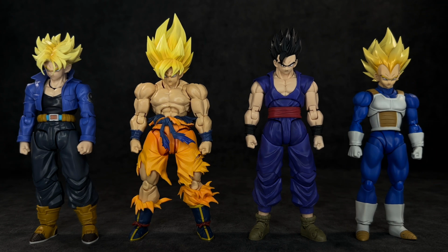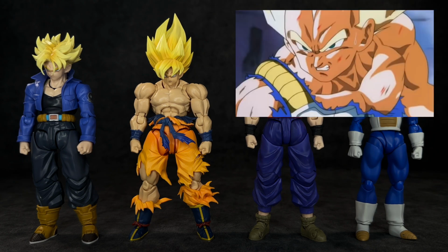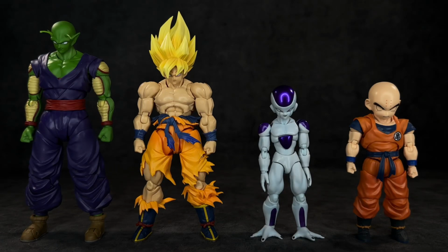And I wonder if we'll ever get a Battle Damage Vegeta figure. I would love if they did the Battle Damage Metal Cooler movie look. That would be sick. Here he is standing next to the SH Figuarts Dragon Ball Super CGI Piccolo,